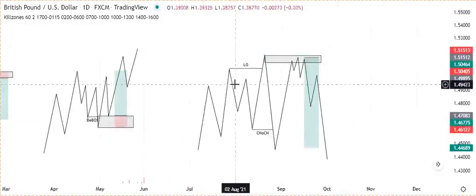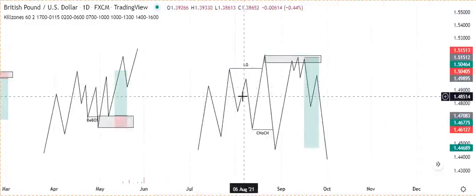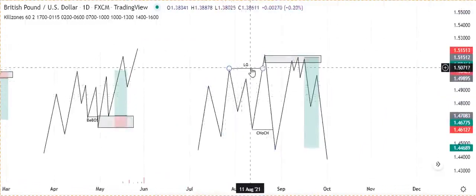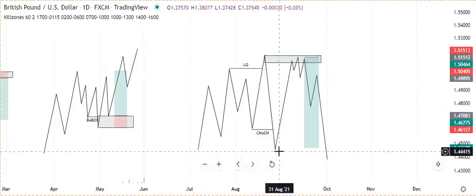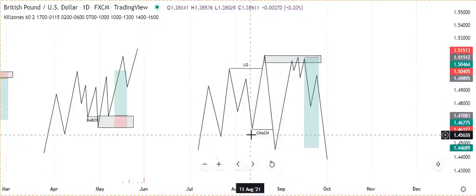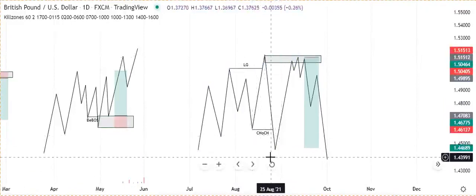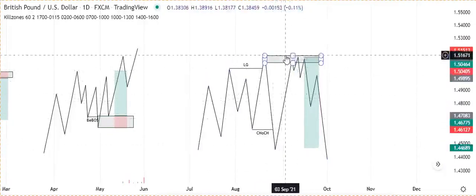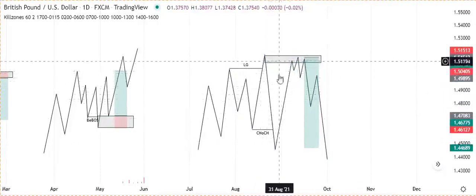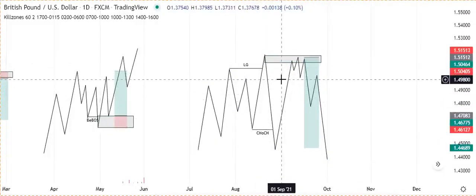The third way of choosing your right and strongest OB in the market is, take a look. Price grabbed liquidity here. Immediately after that, smart money pushed price down to close below this low. This is a bearish change of character, isn't it? And now price went up aggressively into this OB here. Remember, when it went up, it didn't grab any liquidity. Do you understand? If your OB does not take liquidity and you enter blindly,